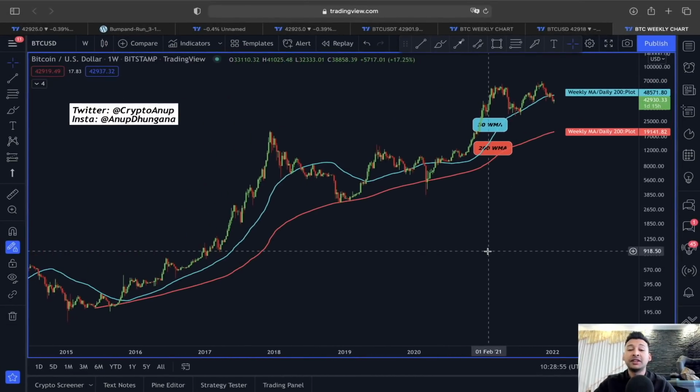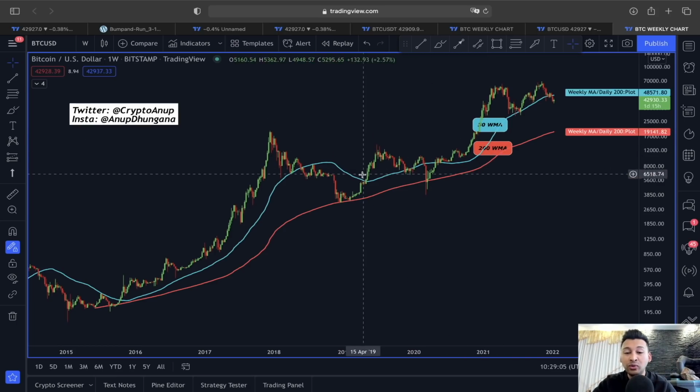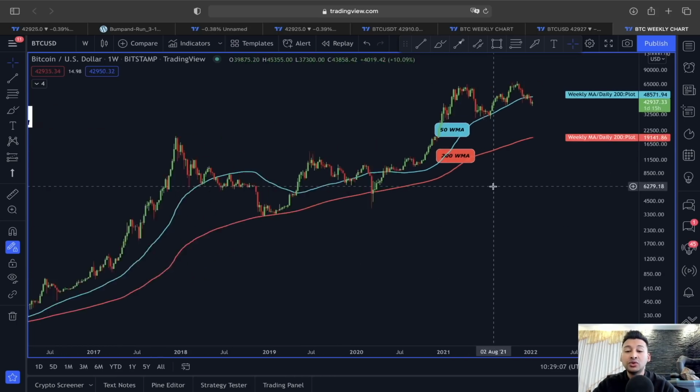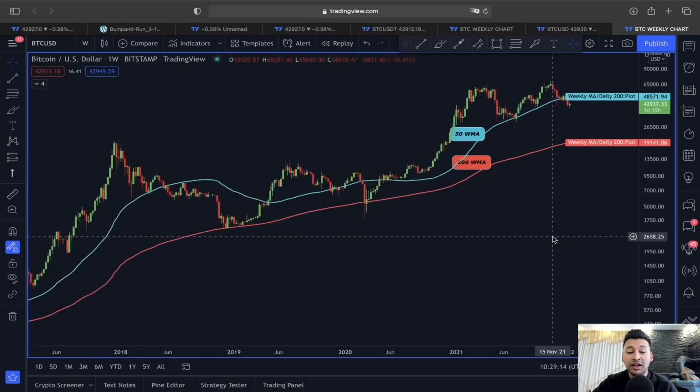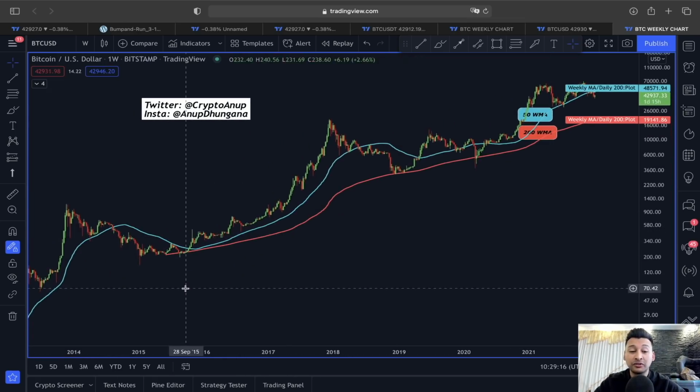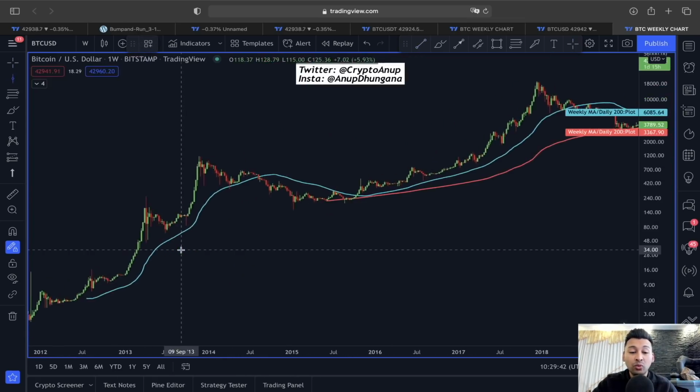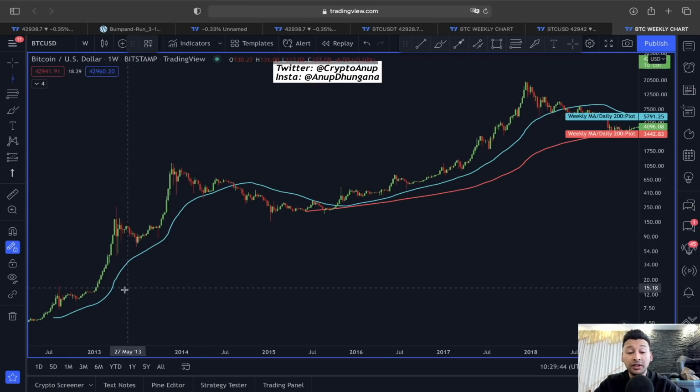So now this here is a price action of Bitcoin in a weekly time frame, and I have used only two moving averages. One here is the 50 weekly moving average, this blue line, and this red line is the 200 weekly moving average. Why is this moving average so important if you look at this price action? Because if we look at this price structure all the way from 2014, you can see whenever the price of Bitcoin was above this 50 weekly moving average, we were in an